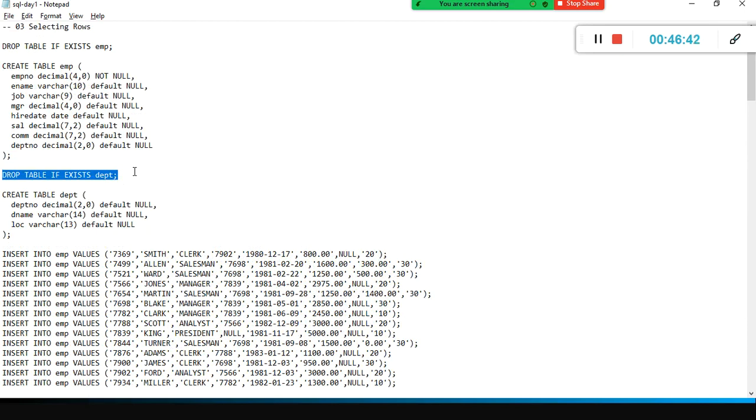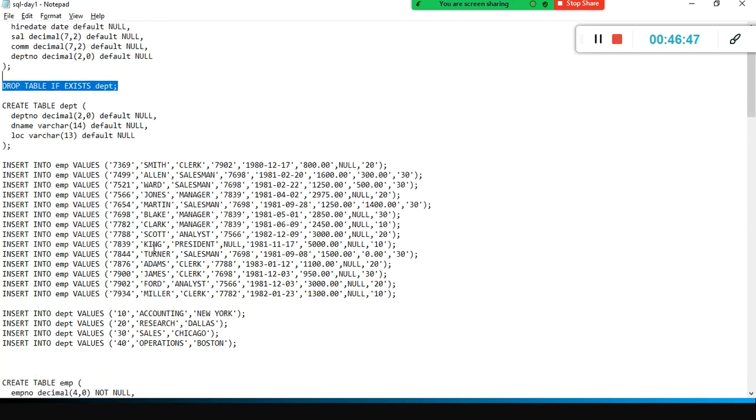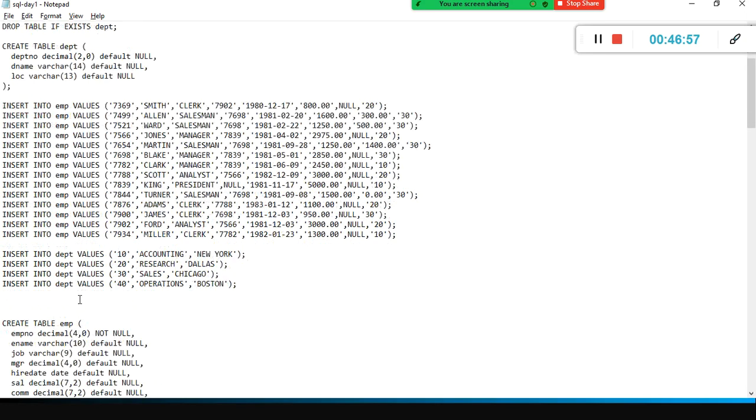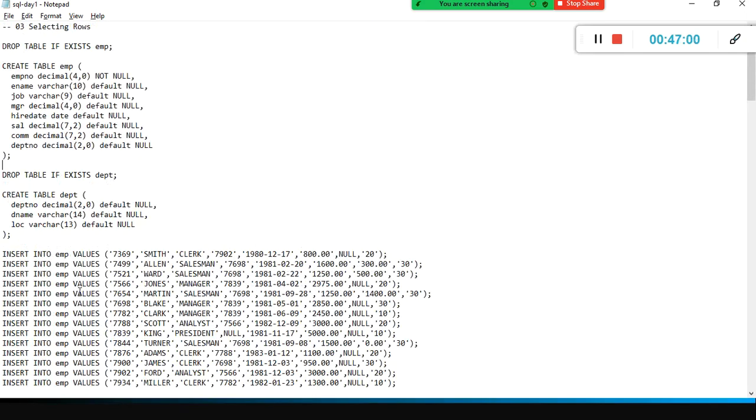In the case of a production environment, we know very well we are going to create these tables as brand new ones. Hence we drop this one and then we recreate it from scratch. So you understood how to create a table and how to drop a table, right? You can use drop table directly. You can give drop table department. This is not required. Instead of this, you can give drop table department, and it will get dropped.